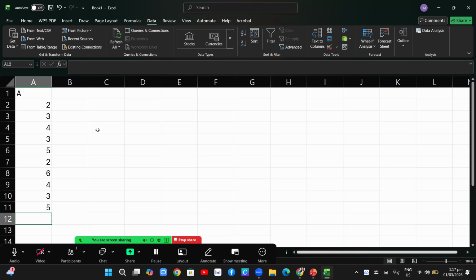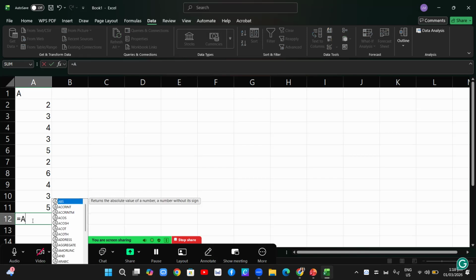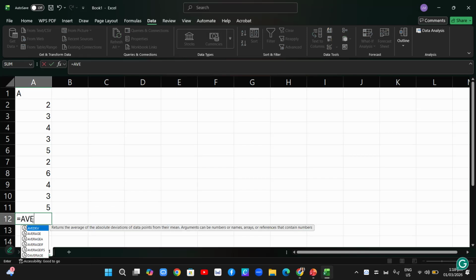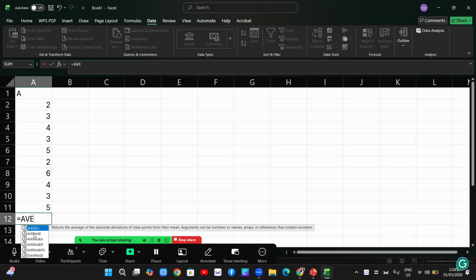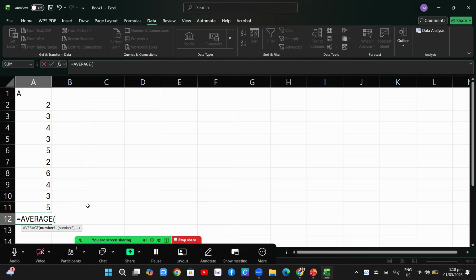Okay? So for example, the first one, we will compute for the mean or the average. So according to the formula, you first input equals and then average. So as you can see, there is average here. You can click it, okay? Average, and then after you click the formula, there will show an open parenthesis, and then you will highlight the values.